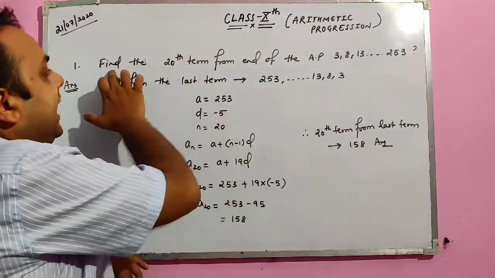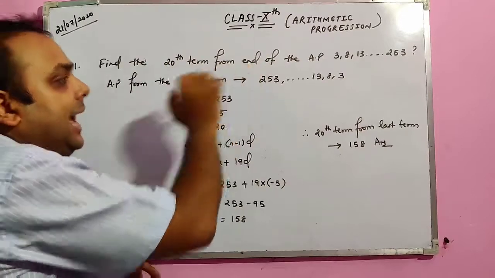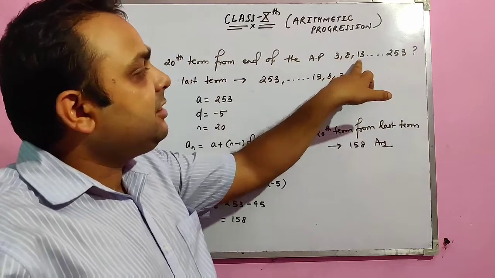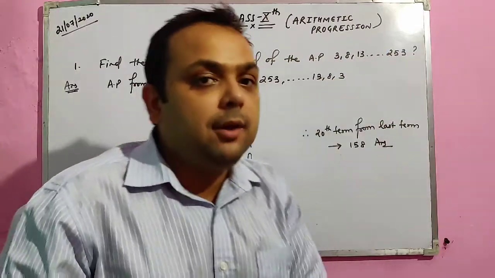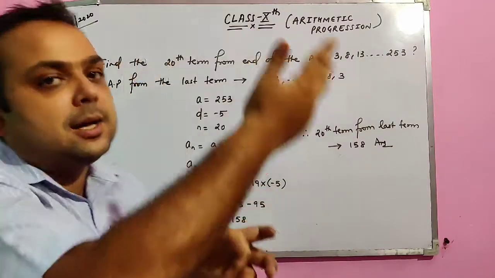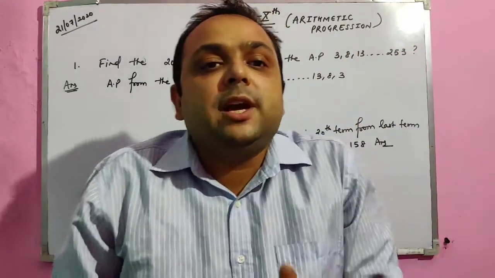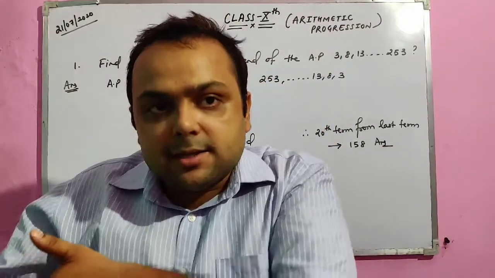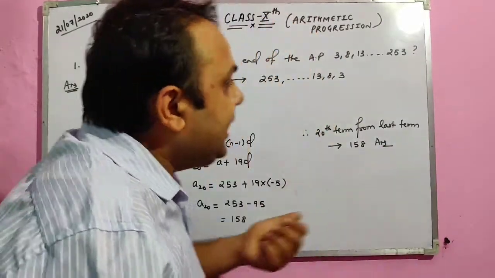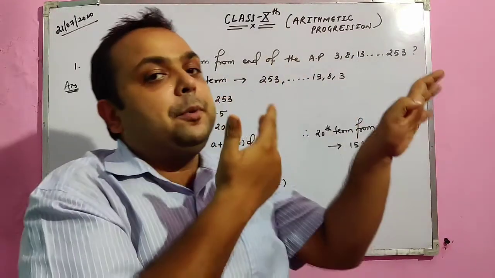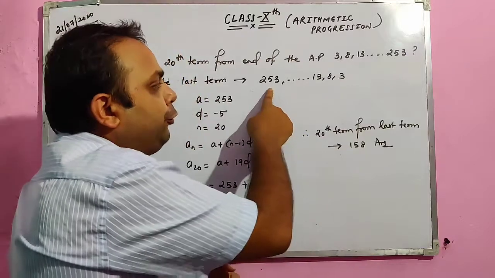The question is: find the 20th term from the end of the AP. This is the AP given: 3, 8, 13, ..., 253. We have to find the 20th term from the last. So we are not going to see the AP from the beginning. We have to see the AP from the last. So for that, I have just reversed the AP from the last term. So this is 253,